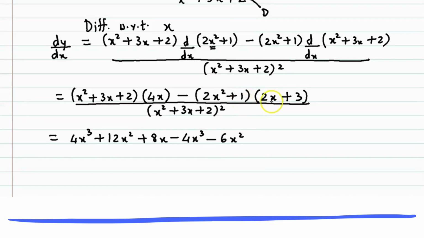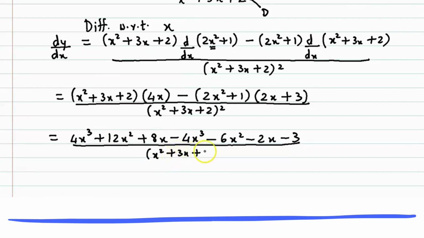And now we multiply by 1. 1 into 2x is 2x, and the negative sign here, so minus 2x. 1 into 3 is 3, and the negative sign here, so we have minus 3. The whole thing divided by x square plus 3x plus 2 the whole square. And now